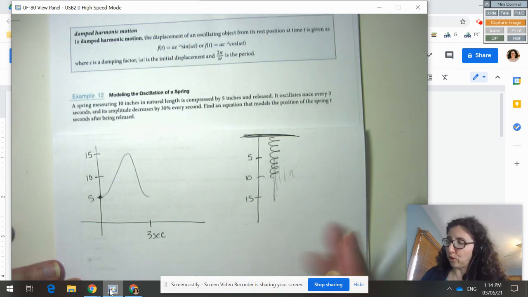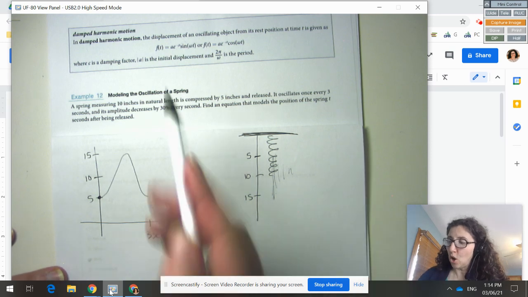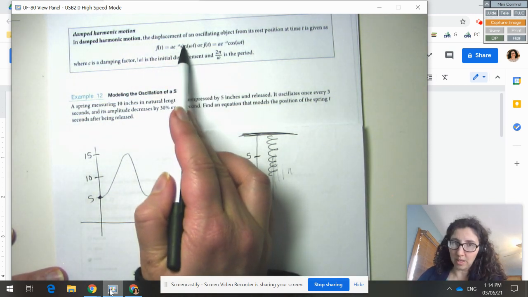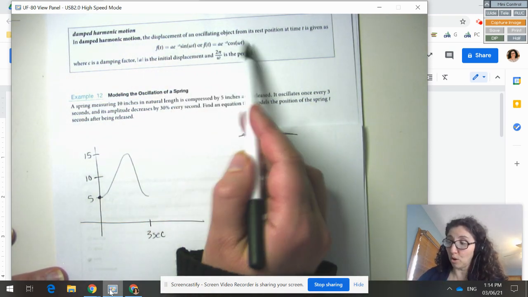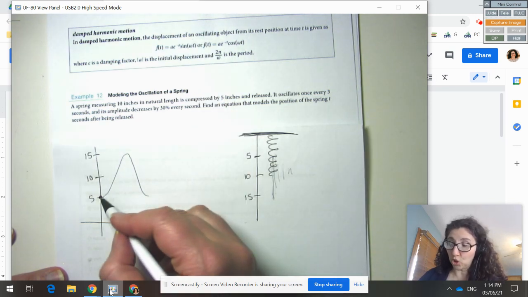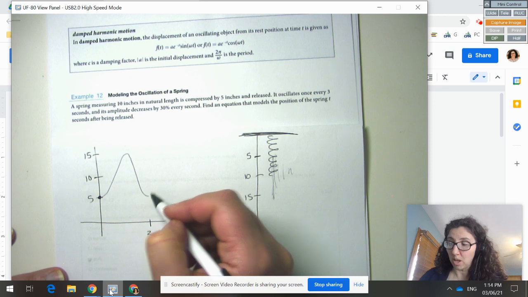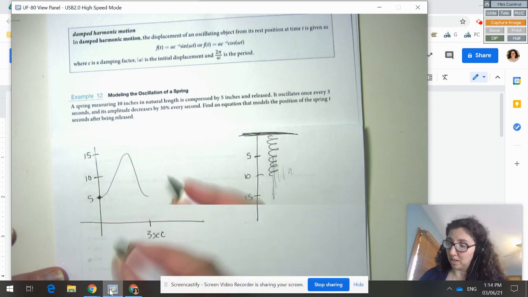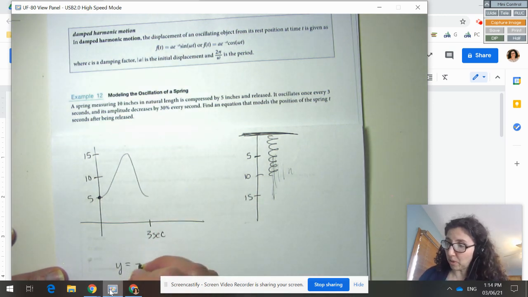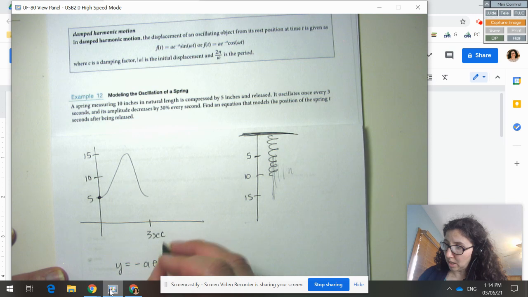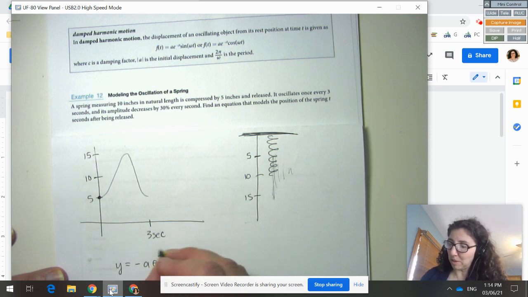All right, so we've got a few equations to think about here. One is we need to find this. Well, first of all, we have to decide, are we going to use cosine or sine? I mean, we're starting compressed. We're starting at the bottom, and then it goes up and then back down. So this looks like a negative cosine to me. So our equation is going to look something like negative a e to the minus, or let's just say kt. Okay, this is going to turn out to be a negative number,